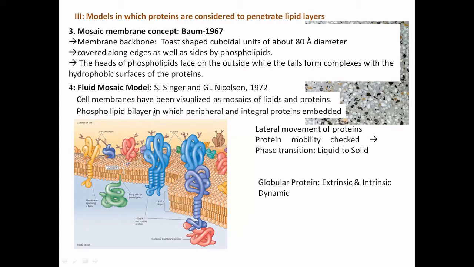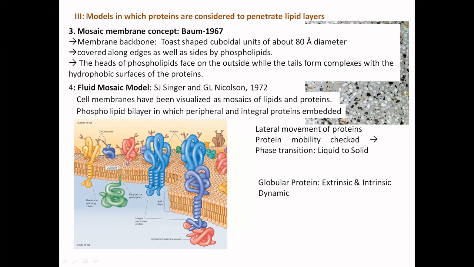In the phospholipid bilayer, peripheral and integral proteins are present. This is already explained in the unit membrane model also. On the outside of the membrane is the milk-fat protein, inside is the non-milk-fat protein. Similarly, this model says that there are multiple types of proteins, at least two types, peripheral and integral proteins. And the proteins show lateral movement.